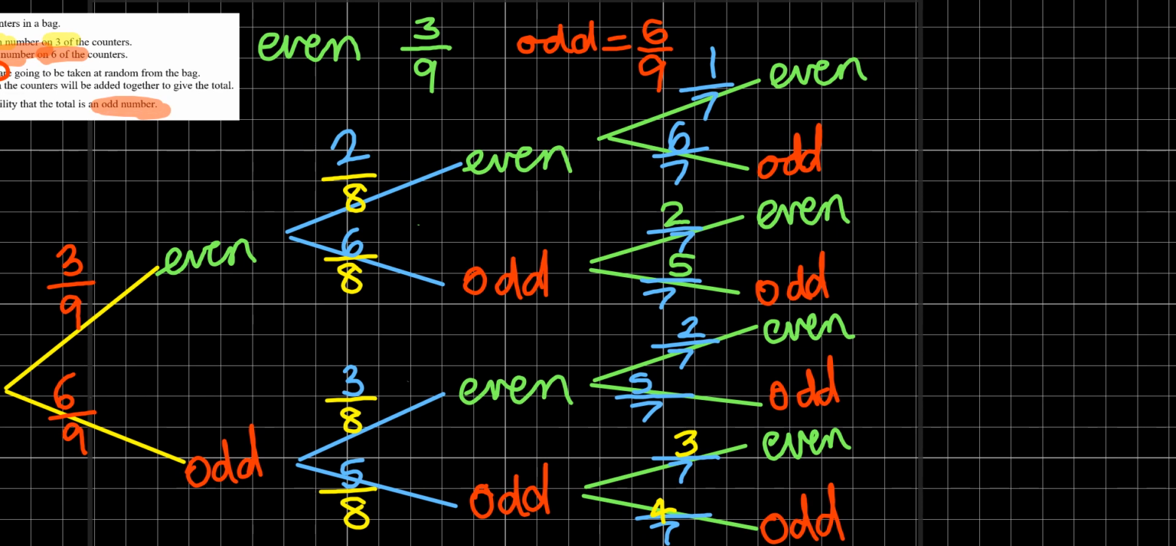So it's the first one, this combination here, even plus even plus even, that would give us an even number. So 2 plus 2 plus 2 is 6, which is even. This branch here, even plus odd,